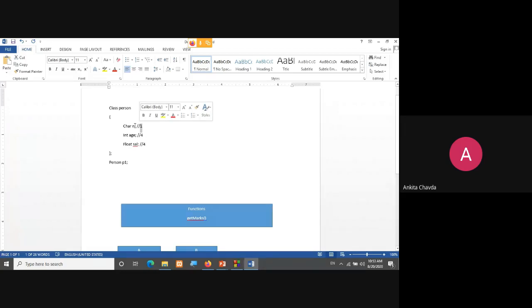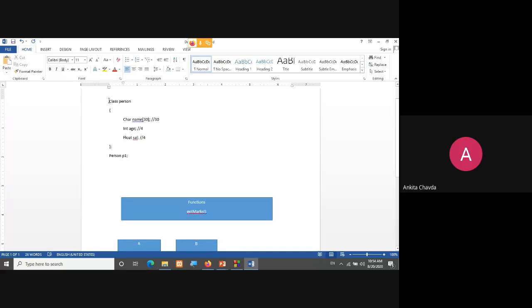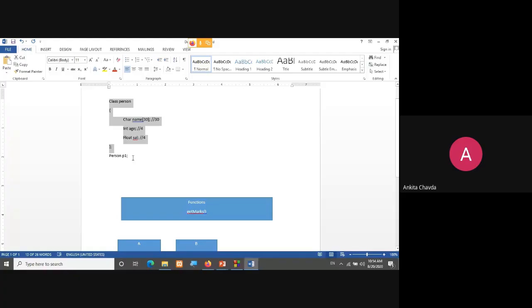Or if you are taking this name of something, say suppose, then there would be 30 bytes. You can say that. Okay. And integer age and the float salary. So whenever you are writing your class, at that time memory will not be occupied, right? But whenever you are creating the object of that particular class, at that time only memory will be occupied for